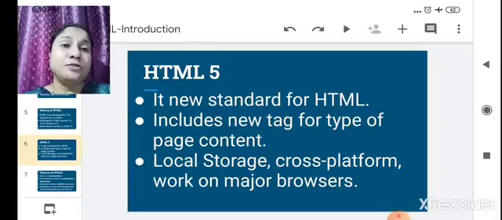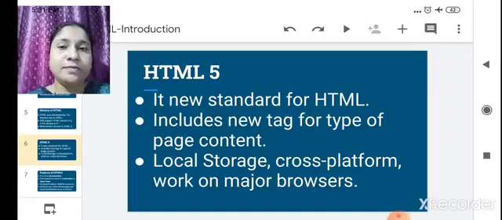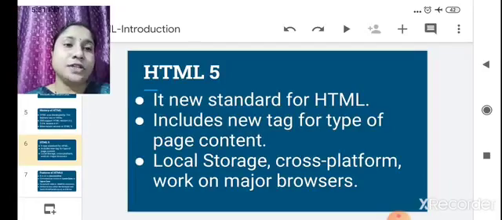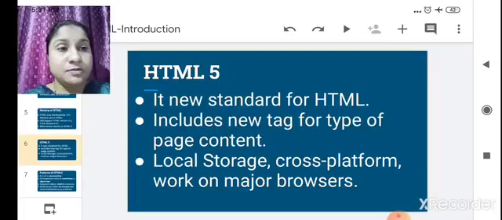HTML5 is also known for local storage, because a web page can store data locally within the user's browser. That's why it is called local storage. Then, cross platform.